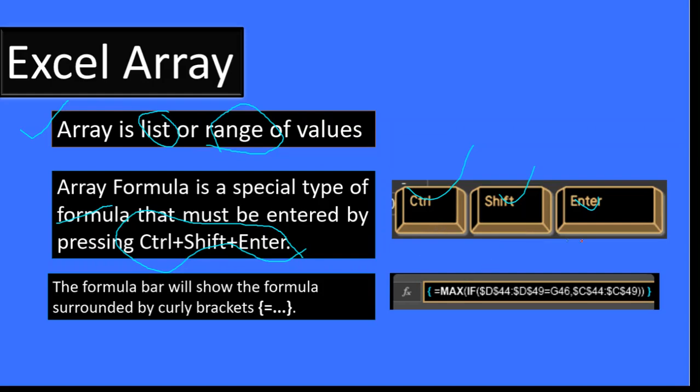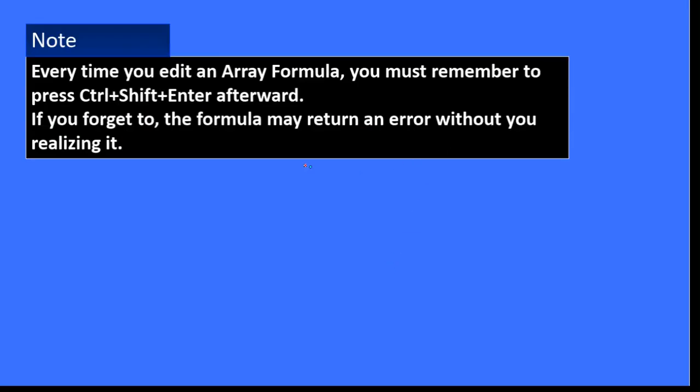And if you use Control plus Shift plus Enter in the Excel formula, you will see a curly bracket appear in the formula bar, just like this one. It shows that this function is an array function, this formula is an array formula. The important thing here is that you cannot edit a single cell of a given array, you have to edit the complete array.